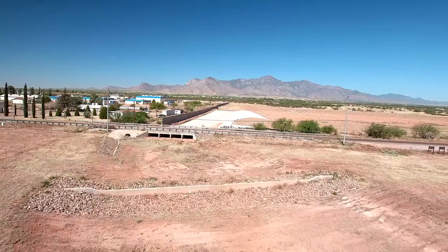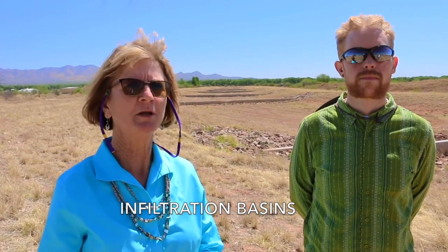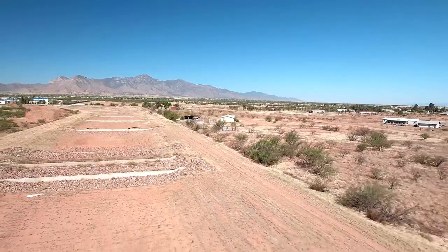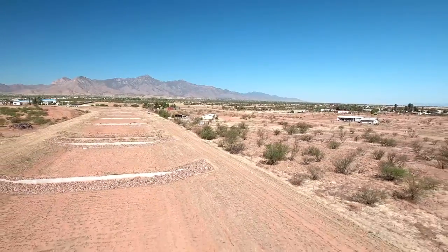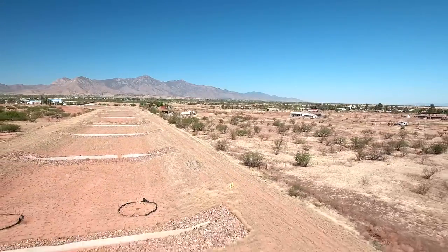This will start our tour of the actual infiltration basins of the project. We've captured all the stormwater on the west side of the road. Now we'll be walking down through 13 basins that are the heart of the infiltration and the recharge. Every basin is instrumented. We're gathering data from every one. And Cy will tell you a little bit about how we actually came to put the recharge on this side